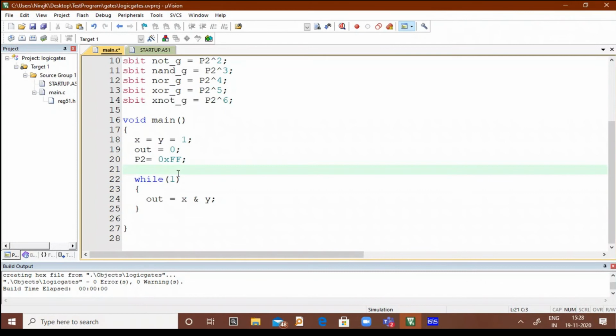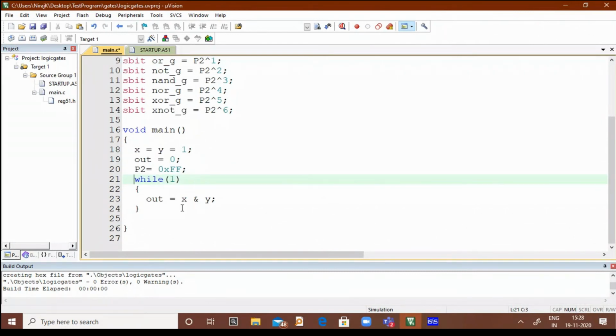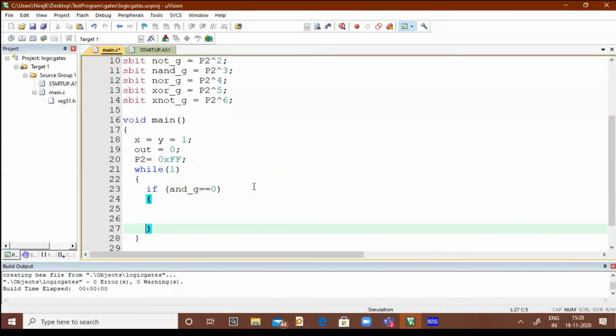Okay, so I will make that an input. The very first thing is I need to check which pin is 0 or not. So I can use a switch case or I can write if else. I will type if else directly. So if my AND_G equals 0, if it is there, then what do I need to do? I need to write out equals x AND y.